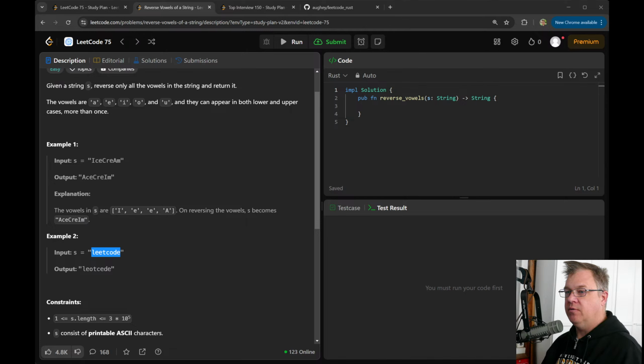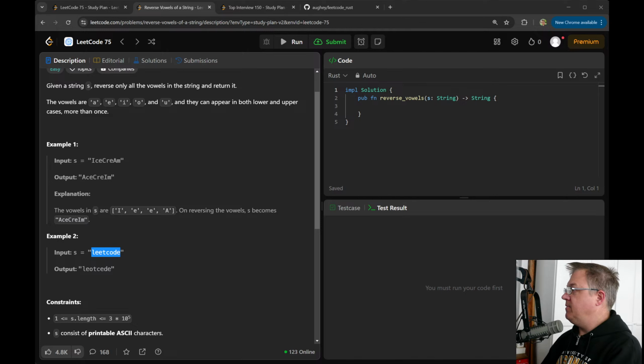So now we have a forward version of our iterator, and we map the forward. So when we go forward, we say, okay, is this a vowel? If it is a vowel, then we're going to get the next vowel in reverse order. And we put a safety statement saying that this is always going to have a value, because when we go forward, we're going to get the same values as we do when we go in reverse.